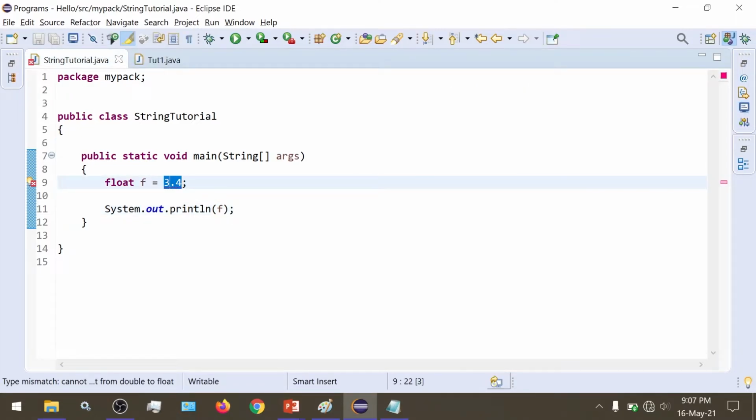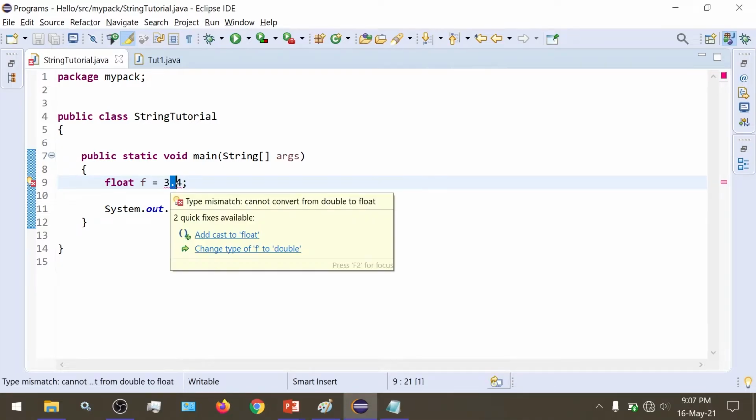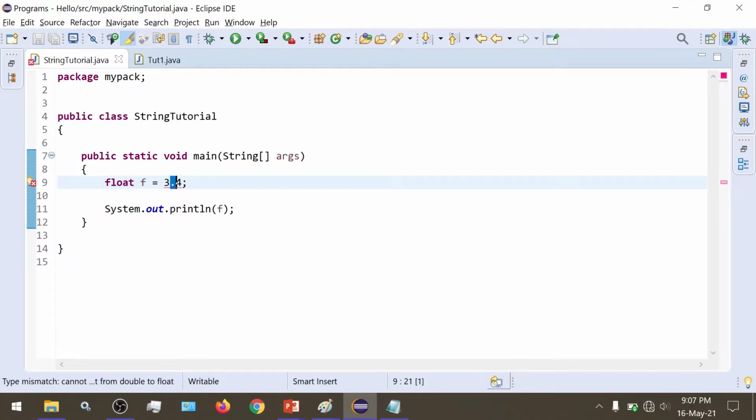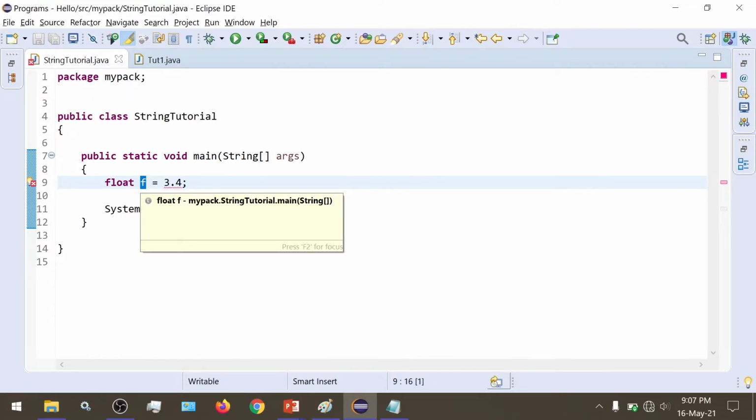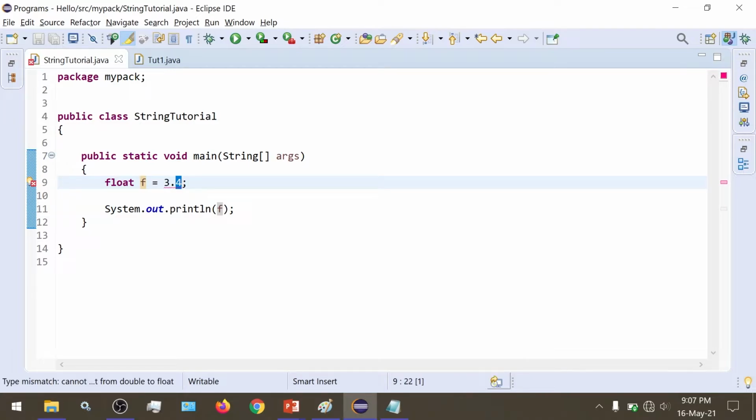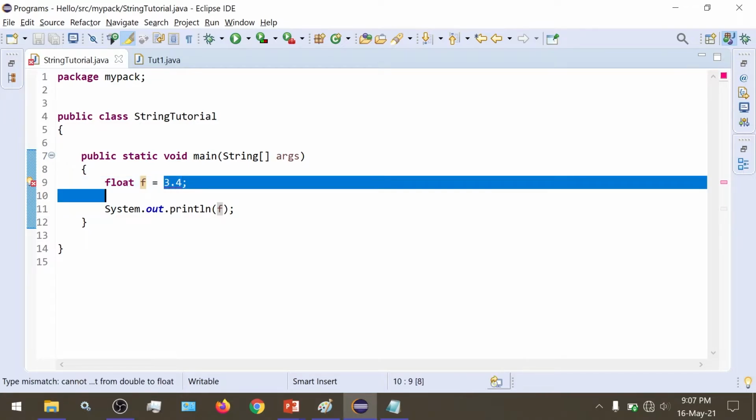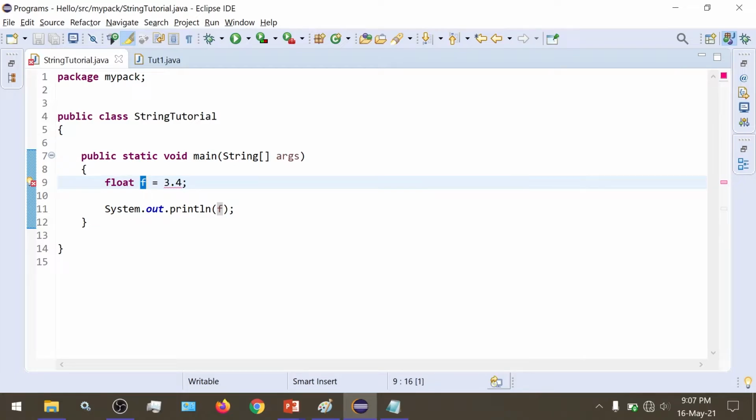This is the default behavior of Java. Whenever it encounters a number with a floating point, it by default assumes it to be of type double, but we are trying to specify it as type float. We want this literal 3.4 to be considered of type float, but by default it is considered as type double.